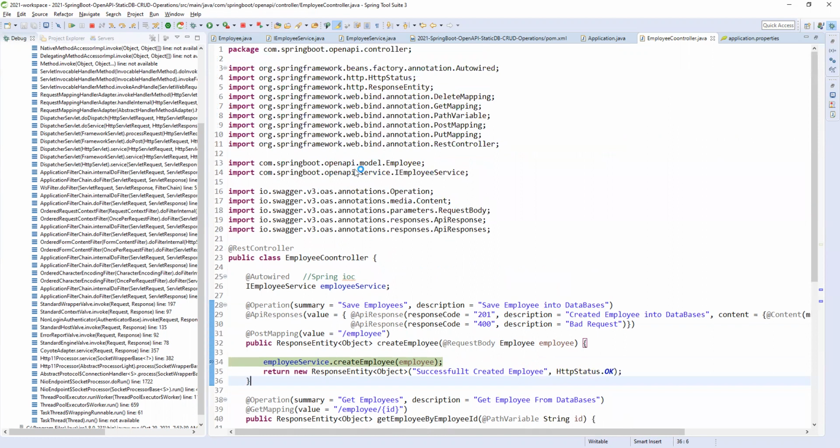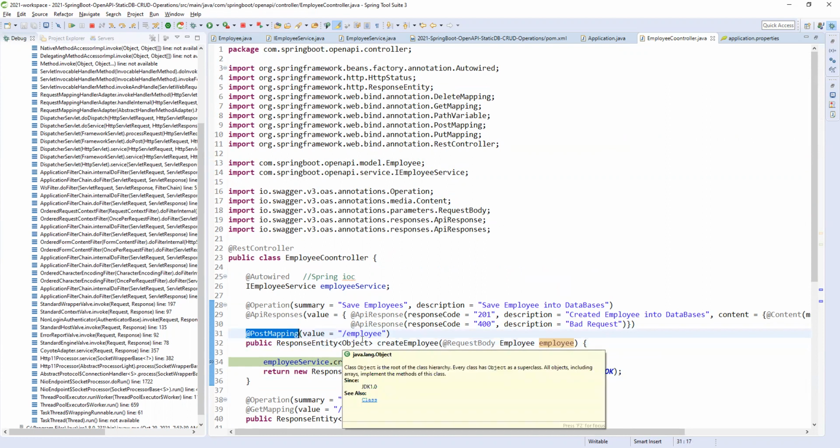See, this employee is the Spring Boot OpenAPI model dot Employee we are having, and create employee takes Employee only. But why are we getting null when we are only giving the request body? The post mapping we are giving correctly.